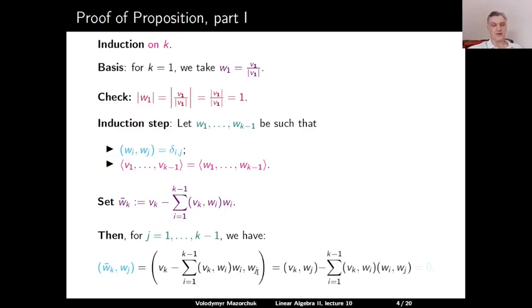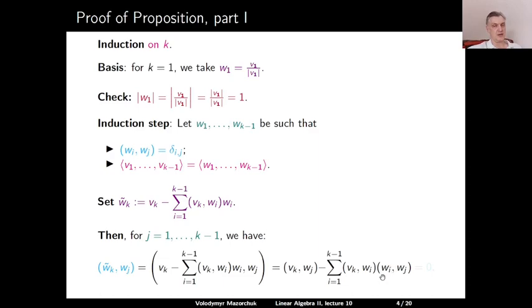Using the bilinearity of the scalar product, we can rewrite this as the scalar product between vk and wj minus the sum over all i from 1 to k minus 1. Then we have this coefficient, the scalar product of vk and wi, and finally times the scalar product between wi and wj. Since wi and wj belong to an orthonormal system of vectors, the scalar product is 0 unless i